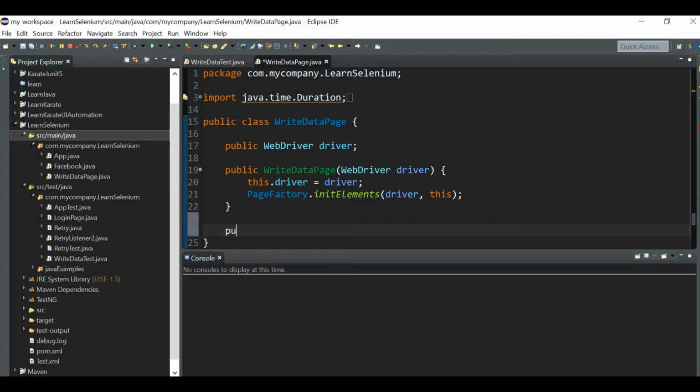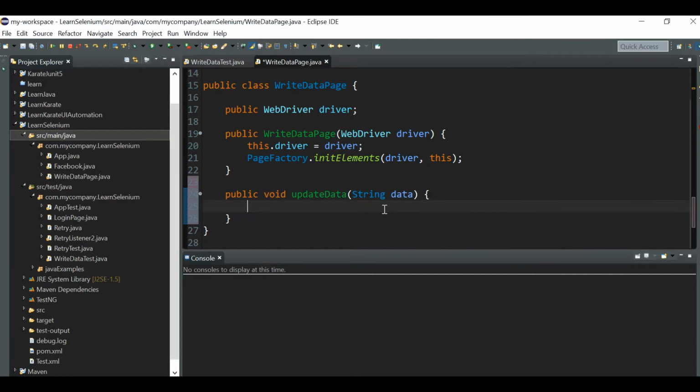So let me write public void clear and then write the data. Let me just call it updateData, and we can pass the data as well from the test class. First we launch the URL. Now we have to wait for that particular field, right?